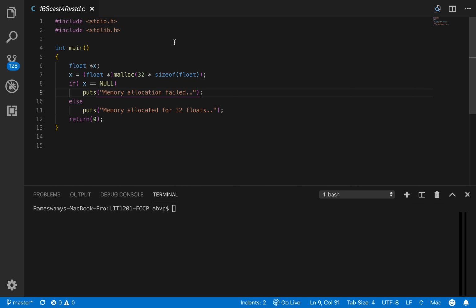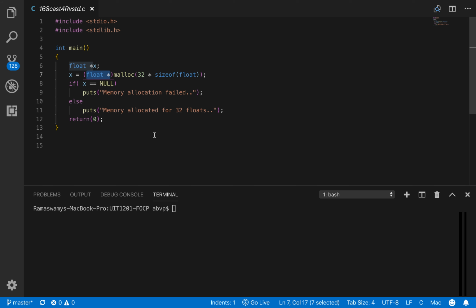In this example, we see another usage which is typically found in the call to the function malloc. malloc allocates a chunk of memory dynamically, but you typically do a typecast and specify a pointer to the appropriate type so that in the chunk of memory allocated, we store the appropriate type of data. Here in this case, float data. So this is another typical usage of the cast operator.